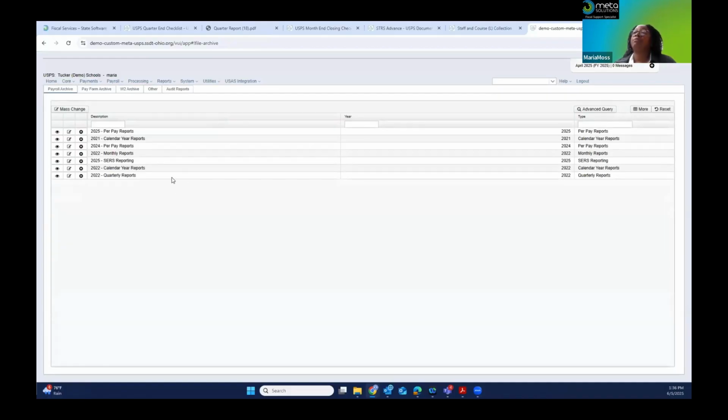Once you have done it, you should see FY25 fiscal year-end reports. We recommend that you do it at the end of the day as opposed to the beginning of the day, because it does take a while to generate. Once you have done that, you are completely closed for FY25 and you may move on to the next fiscal year, which is FY26.